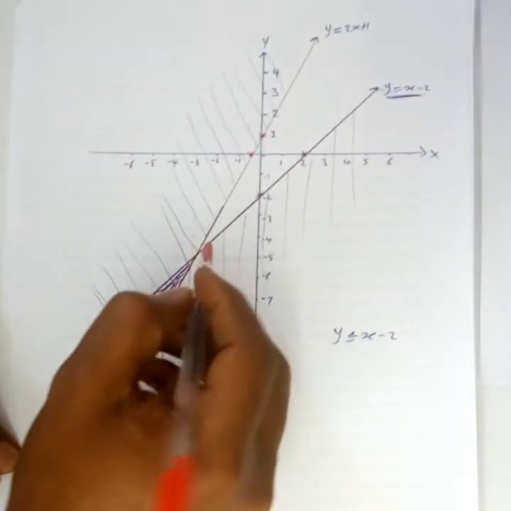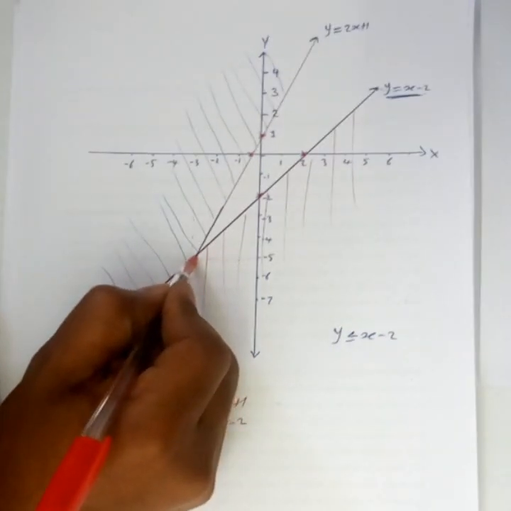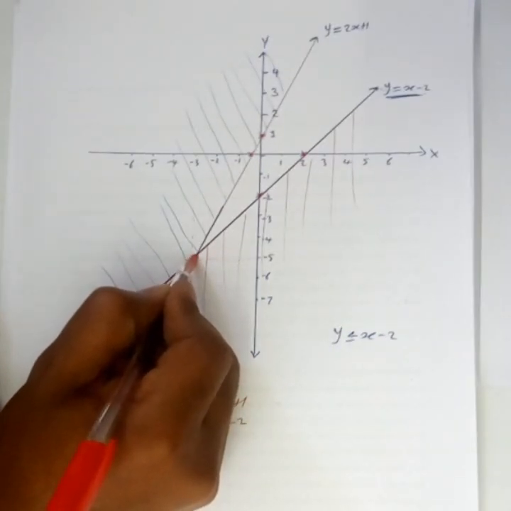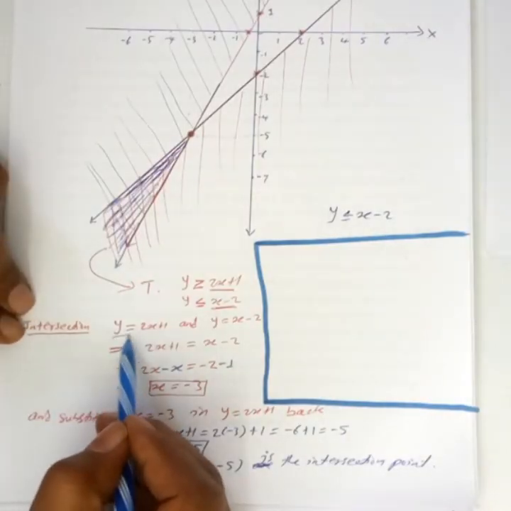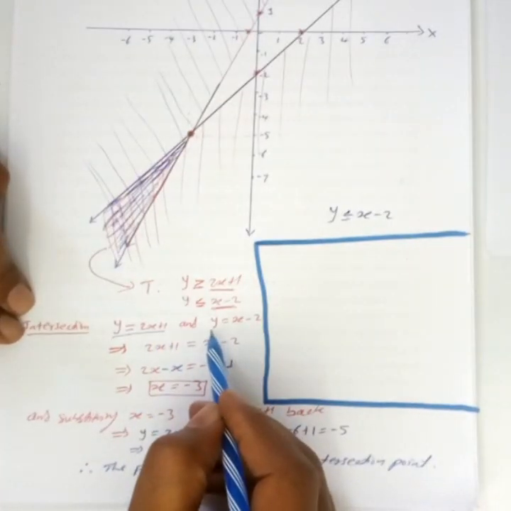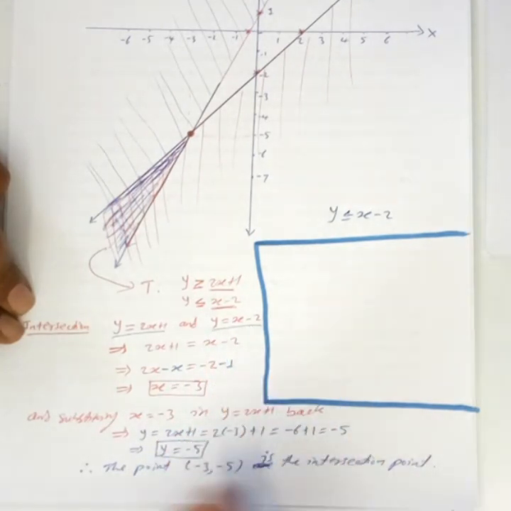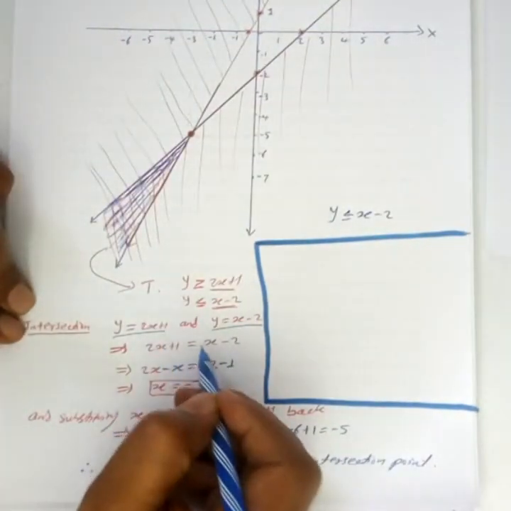To determine the domain and range, we have to find the intersection point. To find the intersection of the lines y is equals to 2x plus 1 and y is equals to x minus 2,